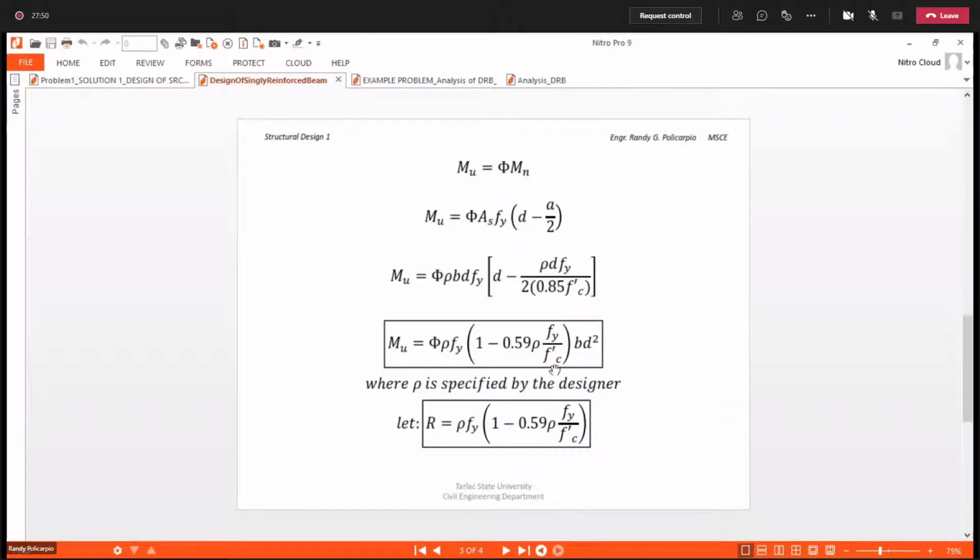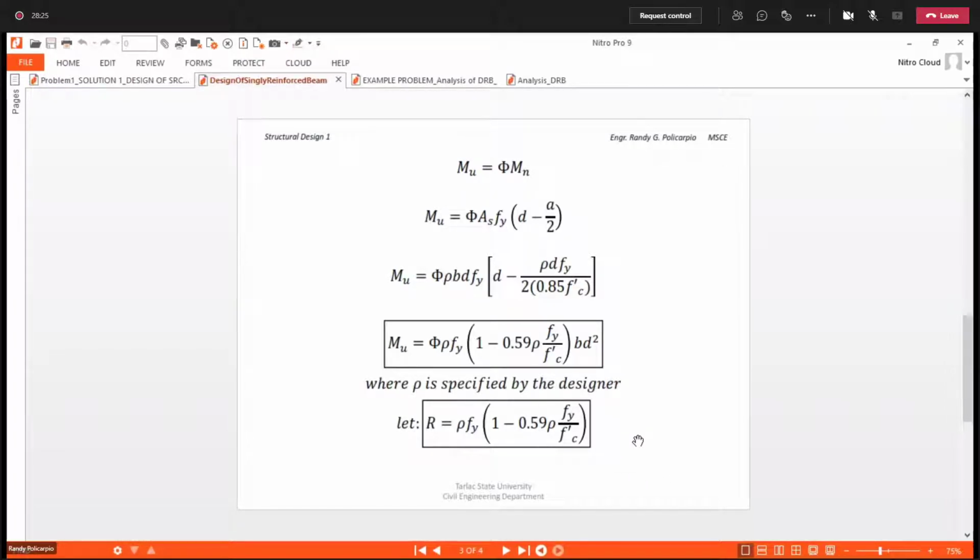You need an experience for you to know kung ano yung pwede mong i-assign na rho. But we already have, based from the one that I have presented yesterday, we already have an idea, no? What will be the value of rho, no? When you design, no, for you to limit cracks and deflection. Okay, so